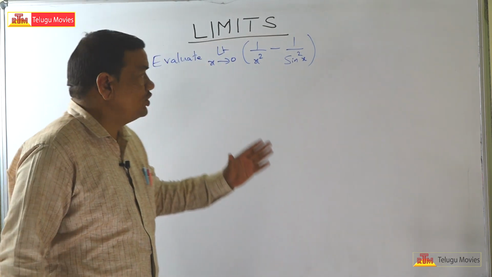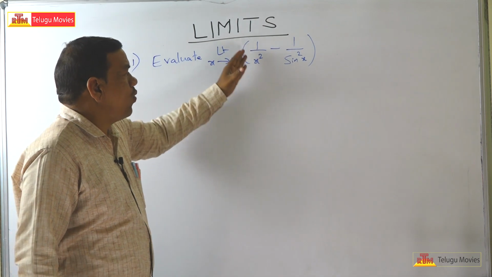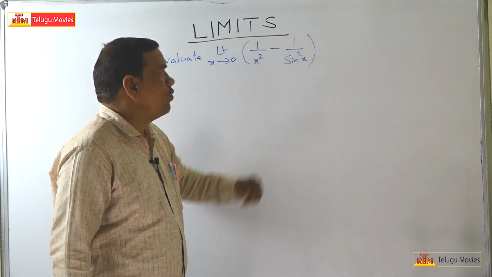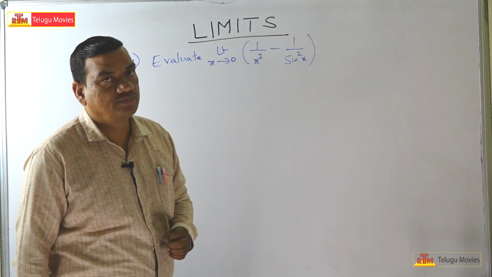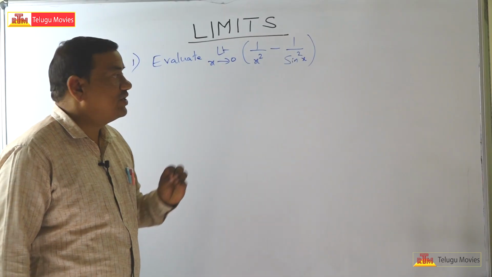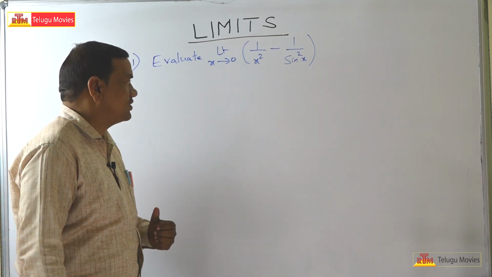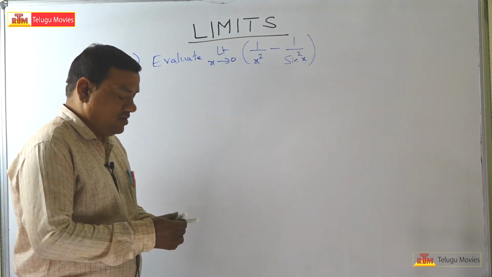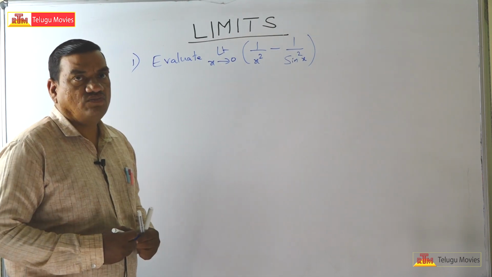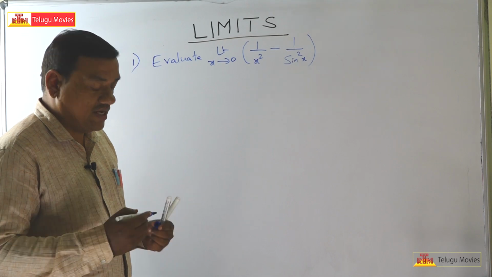The first problem is: limit as x tends to 0 of 1 upon x square minus 1 upon sin square x. What is the value of this limit of this function as x tends to 0? Generally, the first thing students do is,